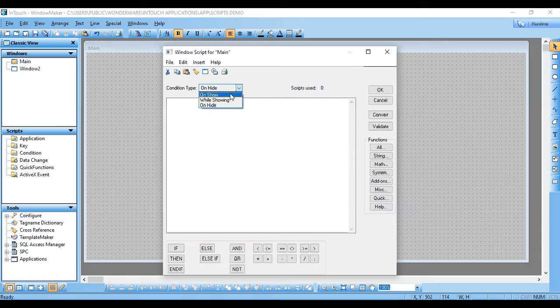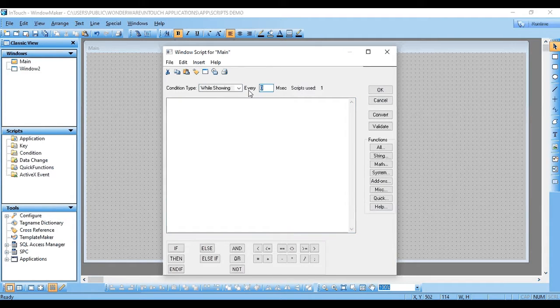So on show we want our tank1 tag value to be 0, so tank1 equal to 0. The initial value will be 0.